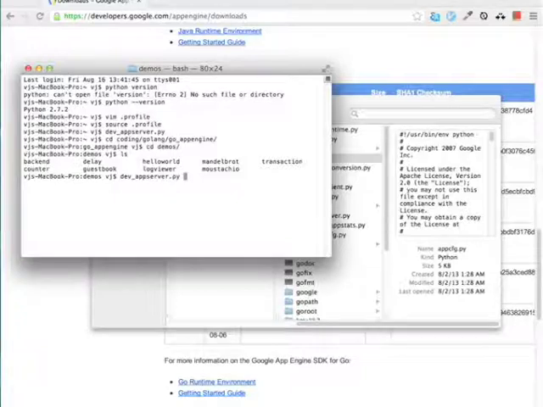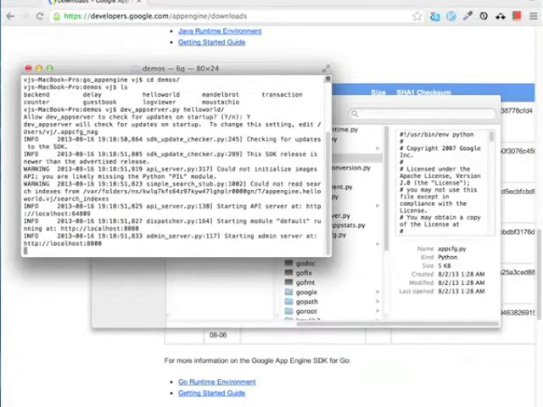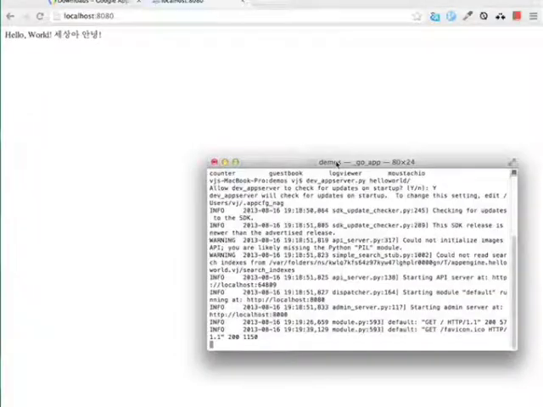Since it's already in the path, it completes that, and then you give the name of the folder where your App Engine project is. If I did that, you'll see that nothing much is happening over there. Well, the first time it's running, it's going to ask you whether it wants to do that, and it says that the server is currently running at http://localhost. So if you went into that, there you go, you have the application running,